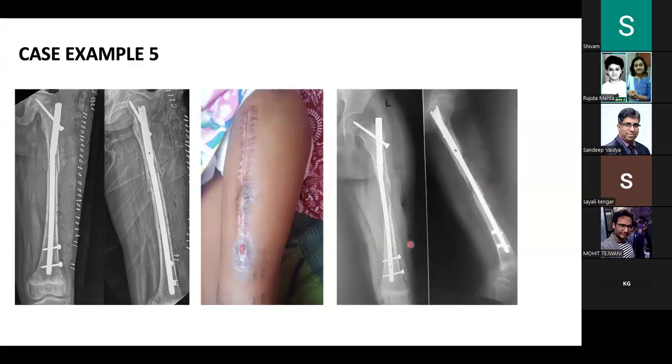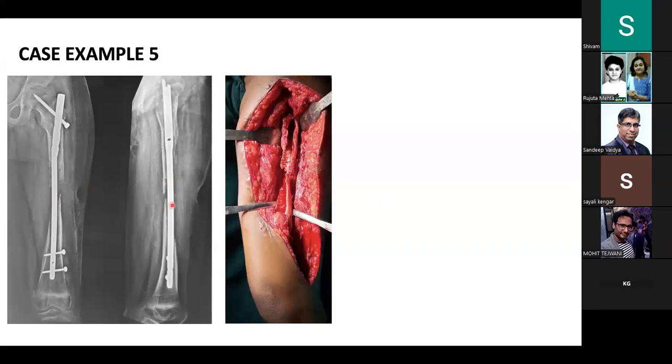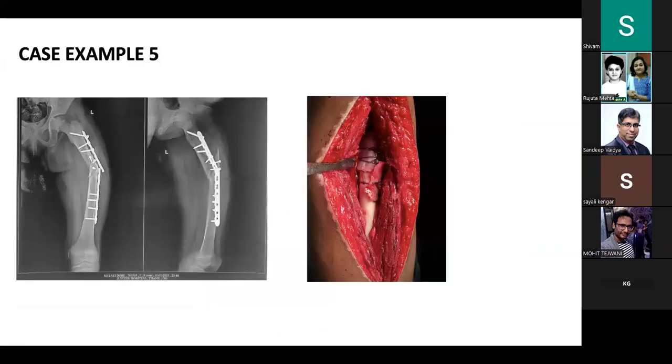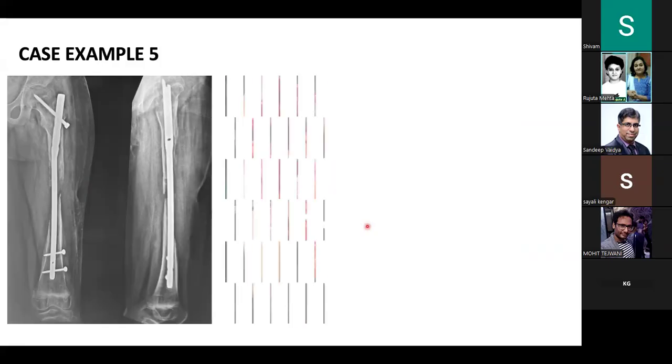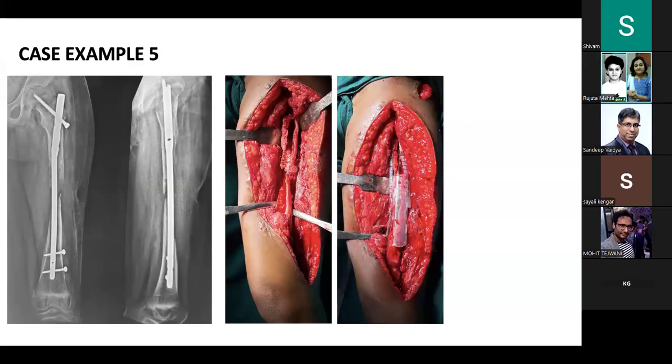And then gradually over a period of time, the bone progressively resorbed. And you can see that the bone has now resorbed. This was about 2 months after my interlock surgery. And indeed, when I opened up, this was done at Vaidya, you can see what has happened to the bone. The infection has completely eaten out the bone. This was the previous one, at the time of the interlock surgery, and then over here, complete erosion of the bone,